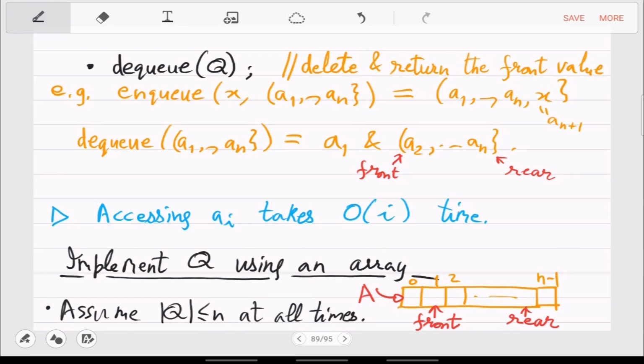Because when you dequeue, the front will keep moving forward. So ultimately, the front will try to overstep the last cell. So just having information about n is not enough.